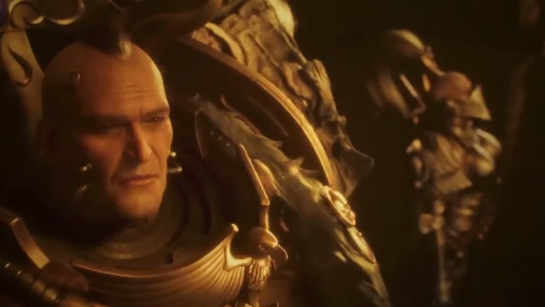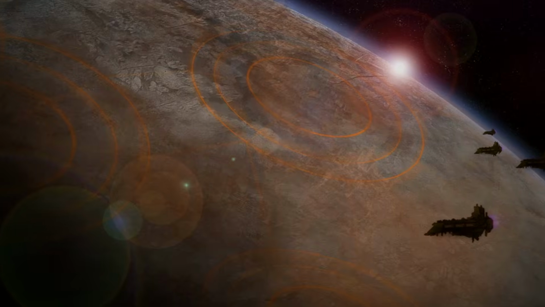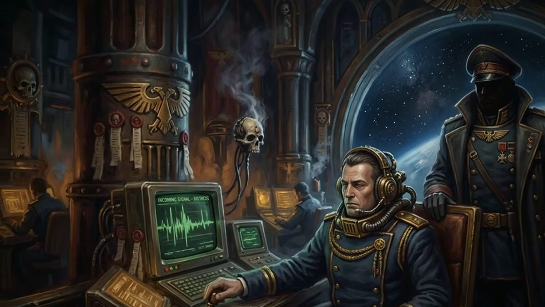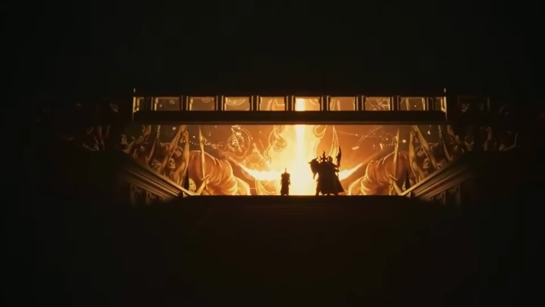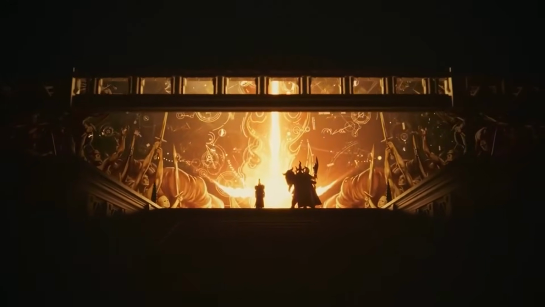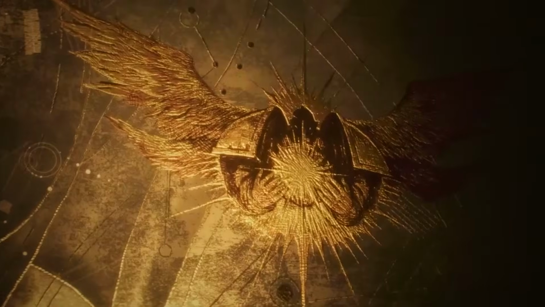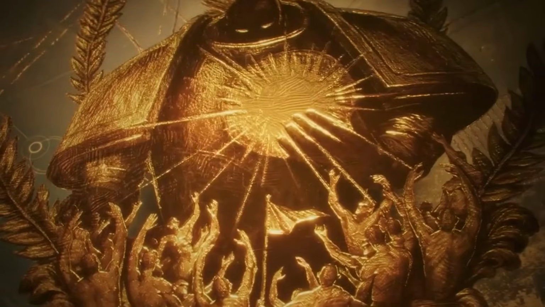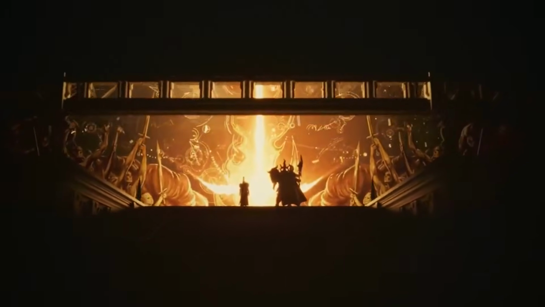Worlds that had forgotten they were part of a larger empire were reintroduced to the Administratum, their defenses bolstered, their populations re-educated in the Imperial Creed, and their tithes reinstated. These reconnections were vital, not only for morale but also for rebuilding the Imperium's shattered infrastructure, re-establishing trade routes, and gathering much-needed resources and manpower. Each world brought back into the fold was a beacon of hope, a testament to the enduring spirit of humanity and the tireless efforts of the Crusade, even as the scale of the task remained daunting.